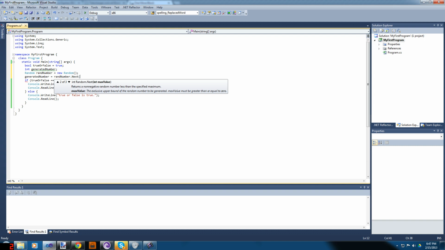We're going to give it a minimum number and a maximum number. So let's do 0 to 3. One thing I've noticed with randoms is that they will never ever go to pick the last number. They'll either do the first value that you put in, but they'll never ever seem to do